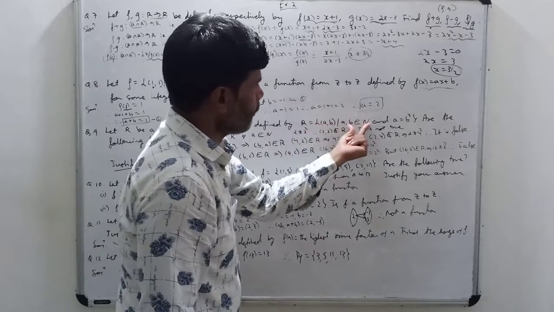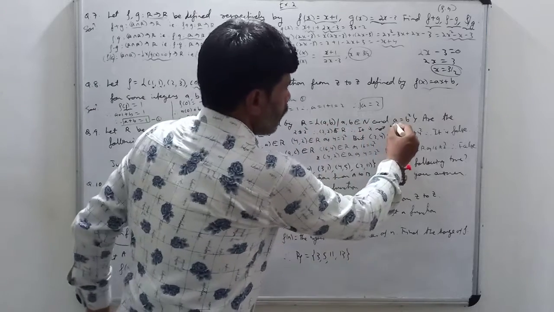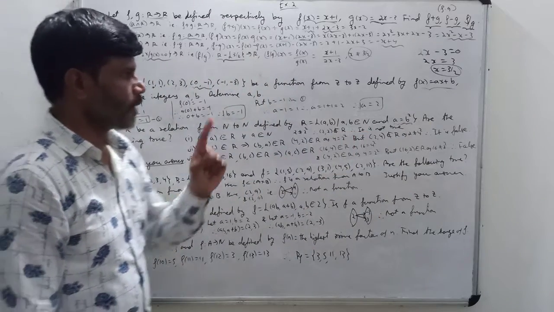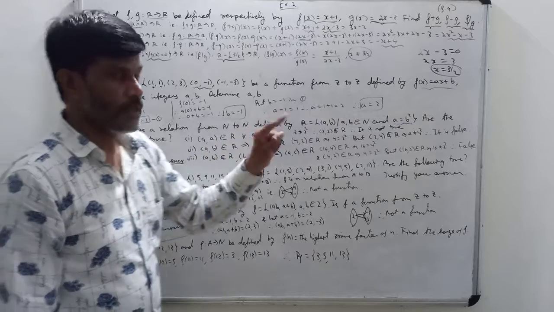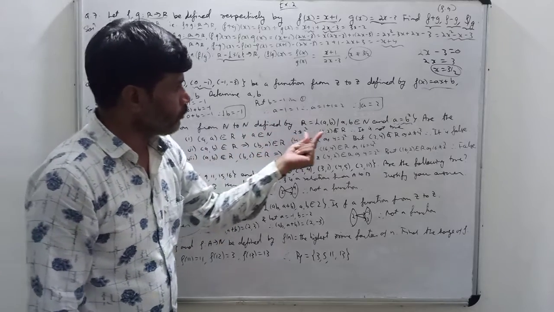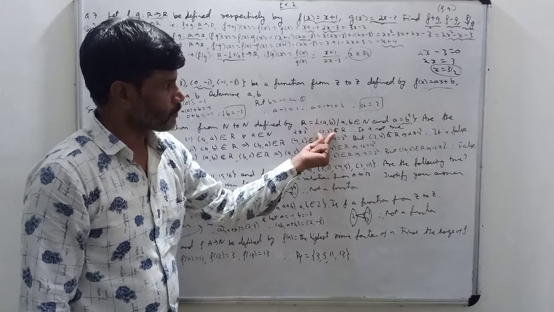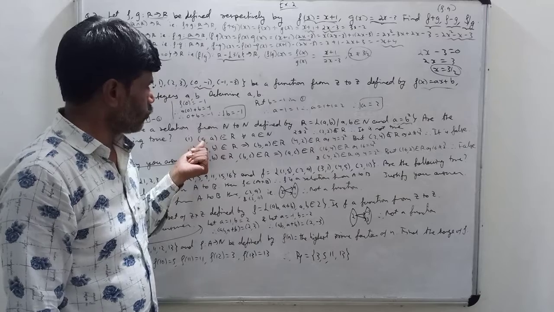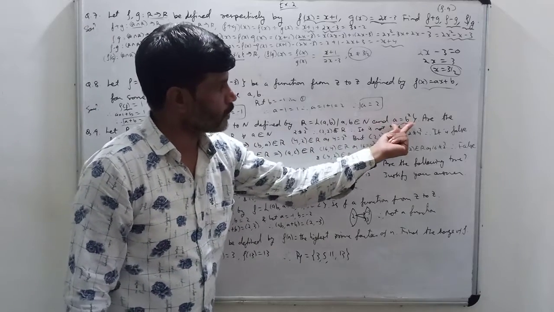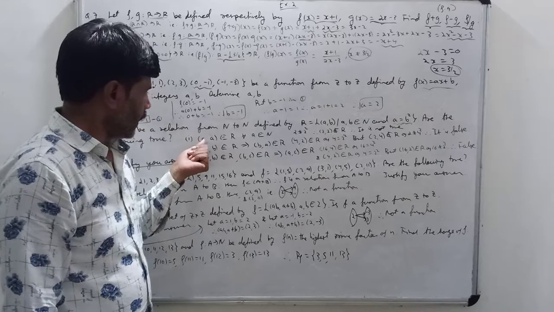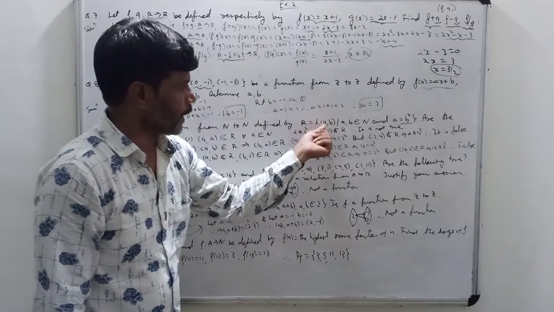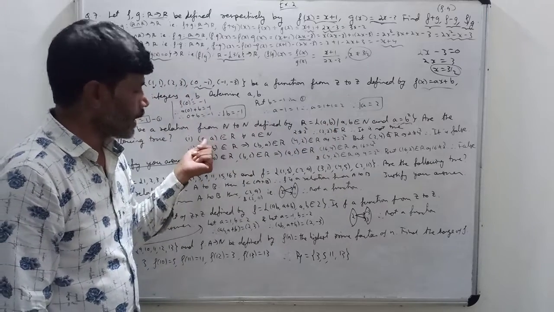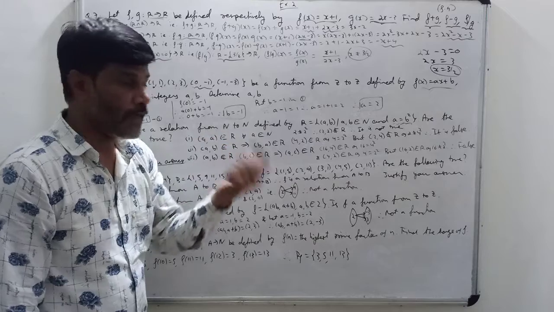Now see, here a and b are natural numbers. So we want to check, is this a is equal to b square possible for all natural numbers? So I am taking a is equal to 1, b is equal to 1, 1 is equal to 1 square is possible. But when you take a is equal to 2 and b is equal to 2, here we want to check (a, a) belongs to R. Is 2 is equal to 2 square according to this condition? (a, b) belongs to R means a should be equal to b square. Means here (a, a) belongs to R means a is equal to a square, it should be true for every natural number.